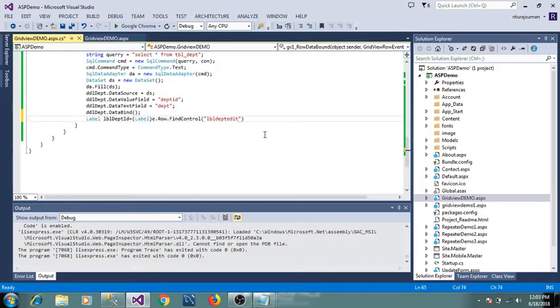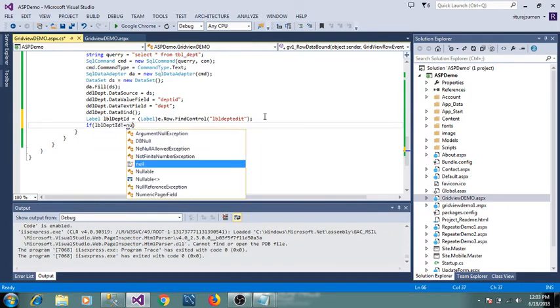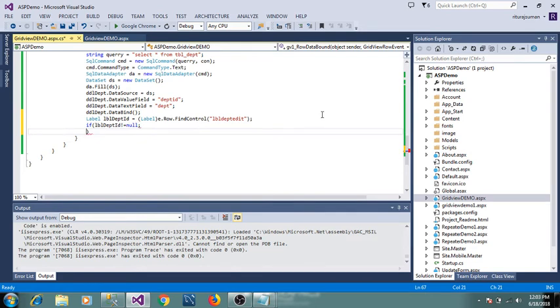Control V. That's it. If condition: lbl department ID not equal to null. If it is not equal to null, we will get inside, and here we will write